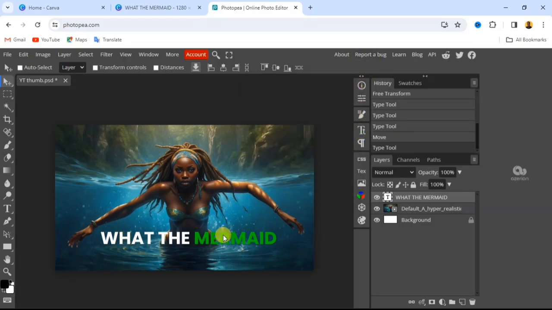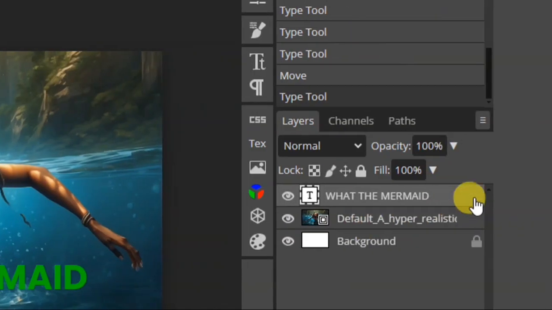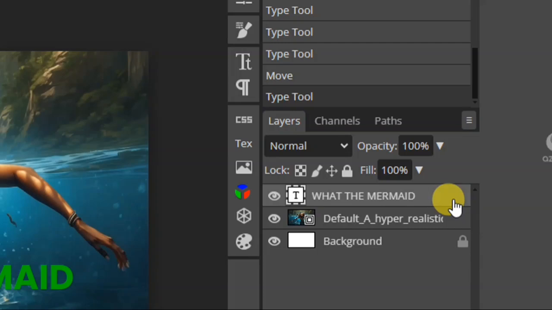So the next thing we want to do is to add shadow to this text, then we add stroke to the text. To do that, you go over to